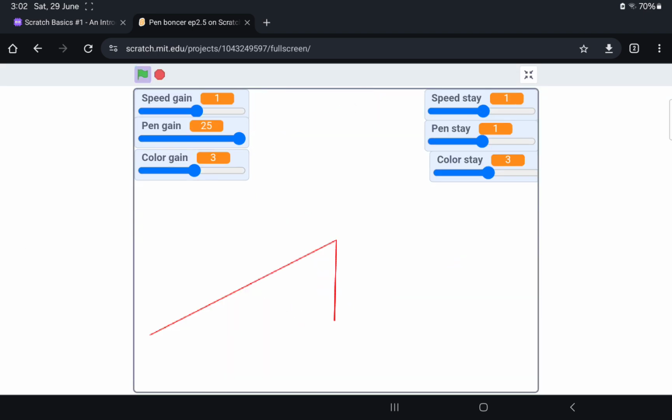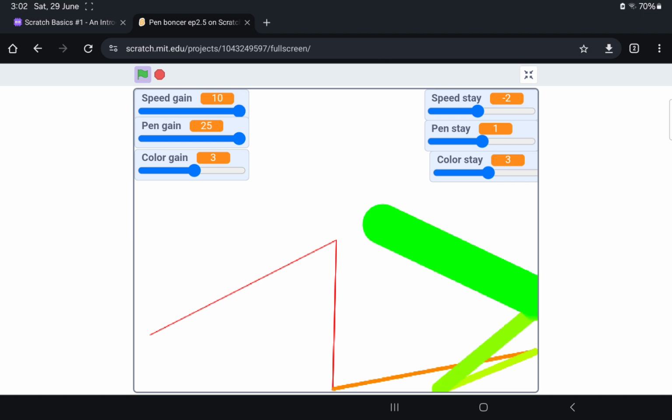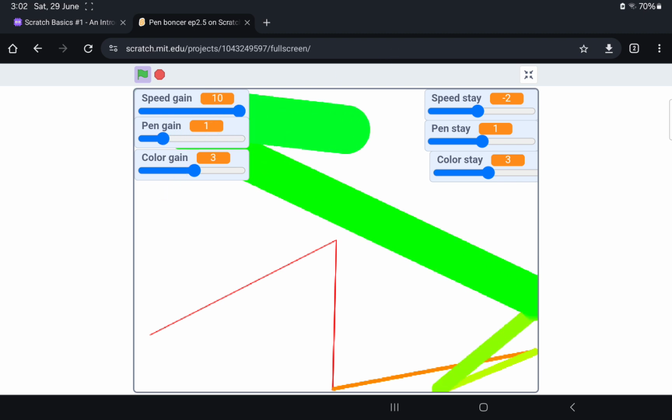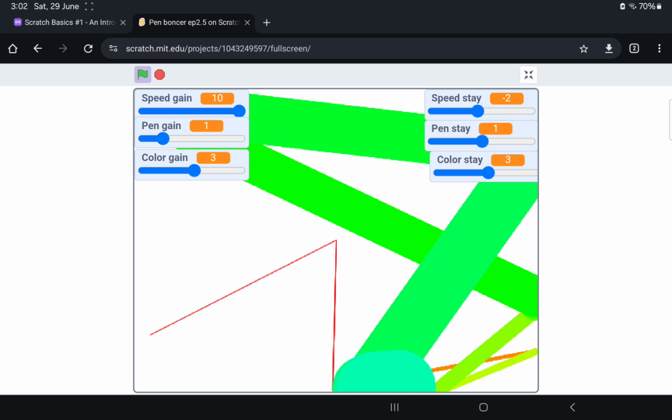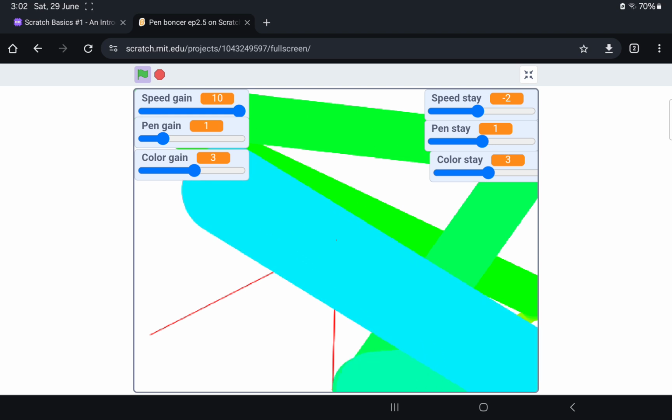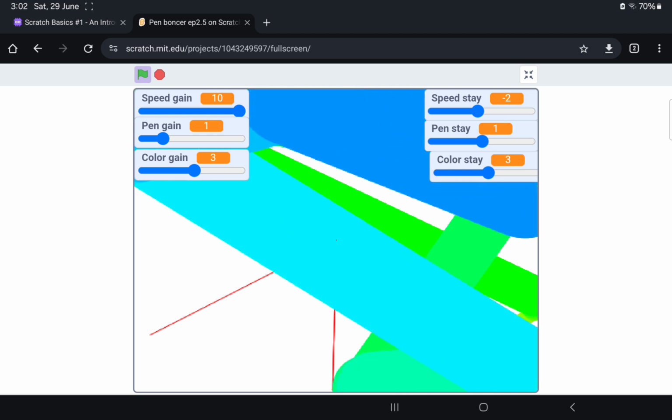Set it to 25. So see that one? If we change it to 1 and watch it go,